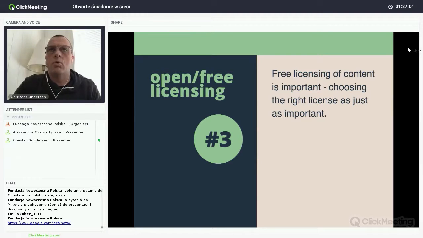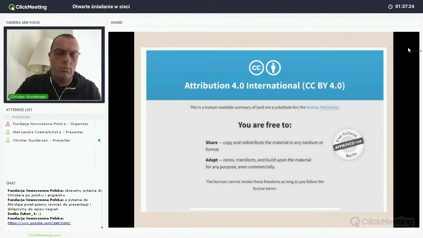And as a last point, I'm just going to address something that you might think is obvious, that is free license or open license. I would say that it's important, of course, to choose a free license like a Creative Commons license, but I think it's really important that everyone goes through the motions of finding the right Creative Commons license. I'm just going to use the example of NC, non-commercial. Most of you have probably already seen this poster before. This license is CC BY. It allows you to copy, modify and transform. And if you go to the NC